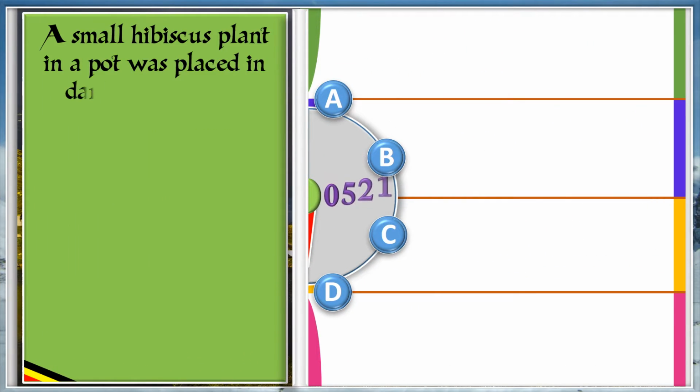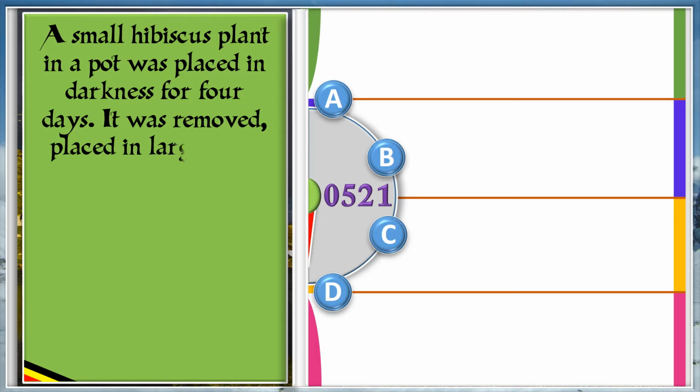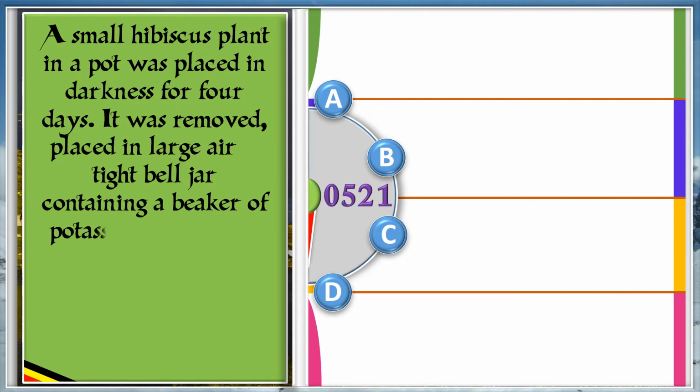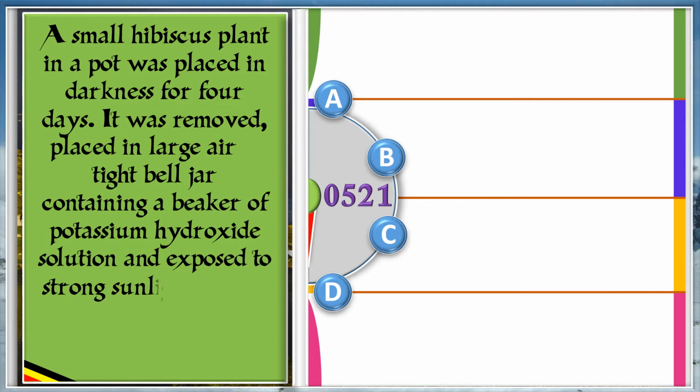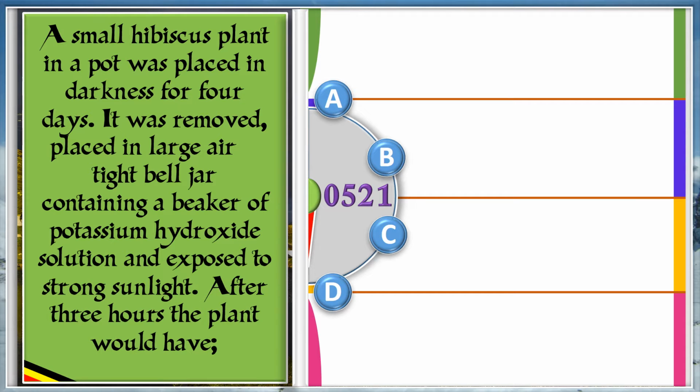A small hibiscus plant in a pot was placed in darkness for 4 days. It was removed, placed in a large airtight bell jar containing a beaker of potassium hydroxide solution and exposed to strong sunlight. After 3 hours, the plant would have